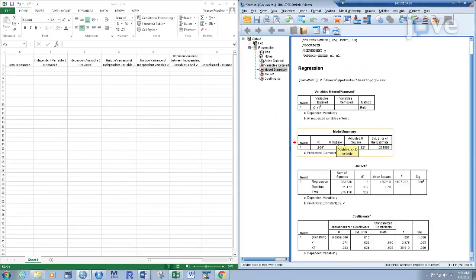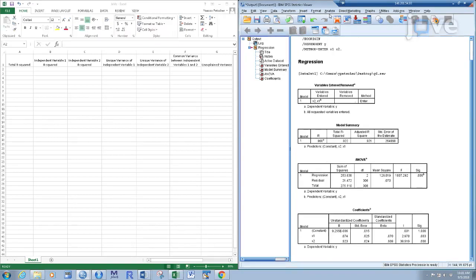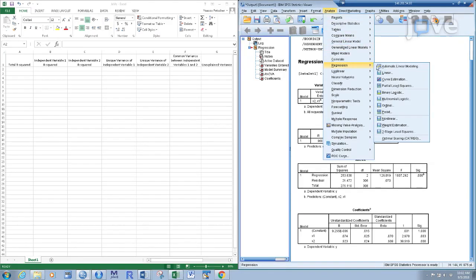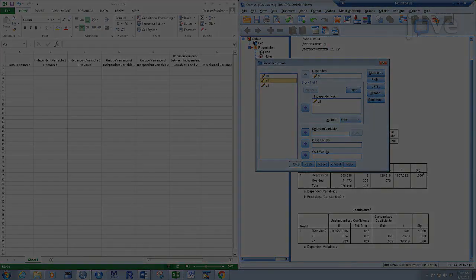Use the mouse to scroll to the Model Summary section and record the value under R². Then label this value Total R². To explain the total variance based on independent variable 1, repeat the total variance explanation with independent variable 1 only in the independent